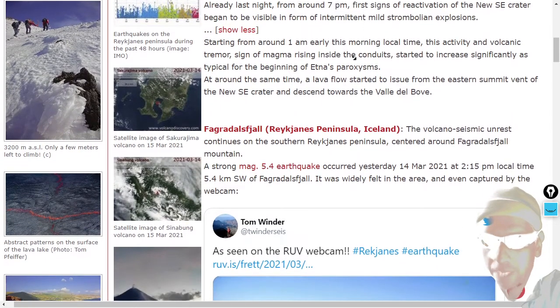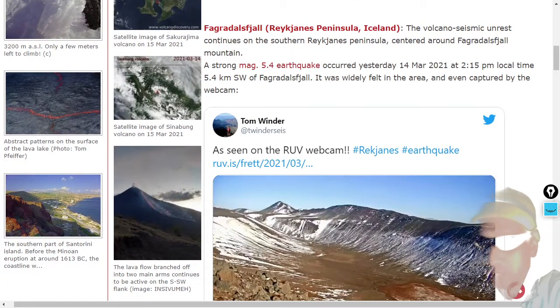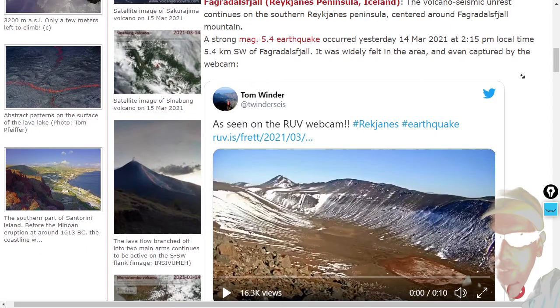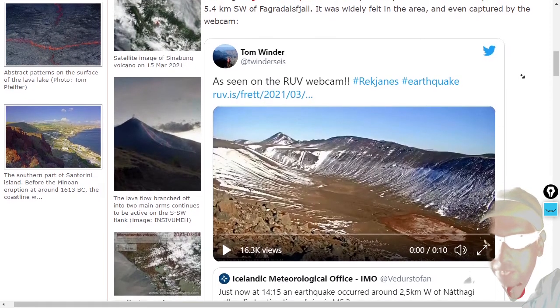And guess what? A 5.4 magnitude earthquake at Fagradalsfjall. Yes, Fagradalsfjall. I learned how to pronounce it last week, and now I'm delighted to say Fagradalsfjall. And you can try to say it too if you like. Fagradalsfjall. Go ahead. Let's all repeat it at the same time out loud. Fagradalsfjall. Anyway, Tom Winder on Twitter, I got to follow this guy after this,